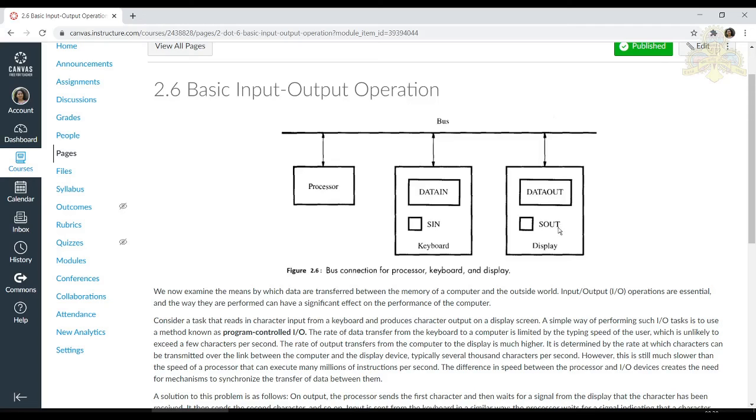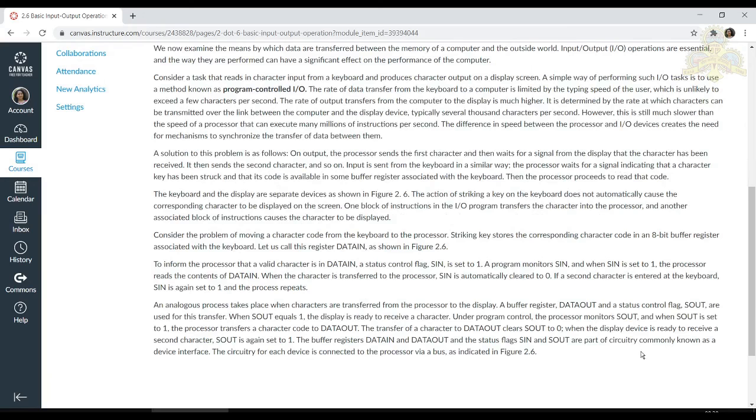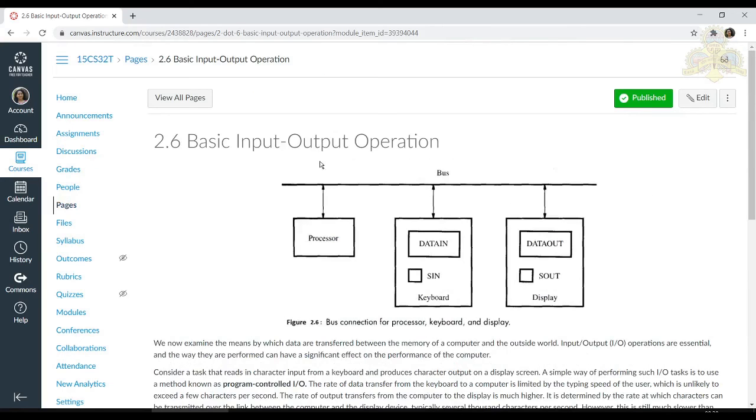Again, when this becomes 1, your processor understands that your display is ready to receive the second character, and the process continues. So this data-in, data-out, SIN, SOUT are part of some circuitry, known as the device interface. You have to write all these things for this question.